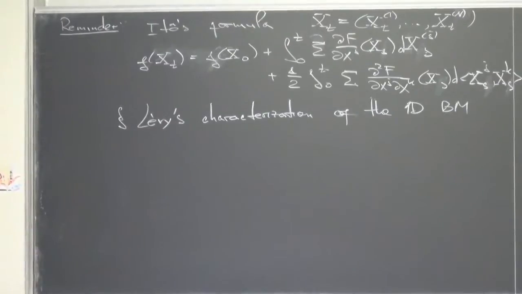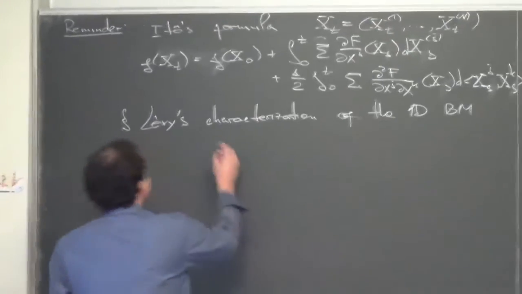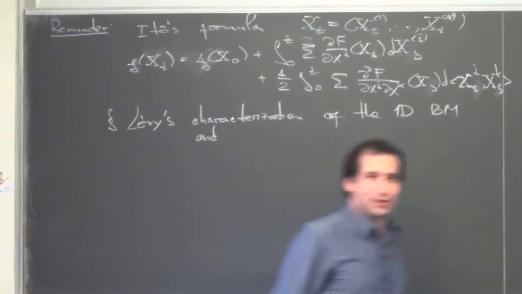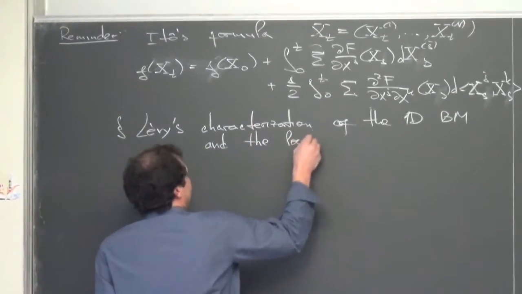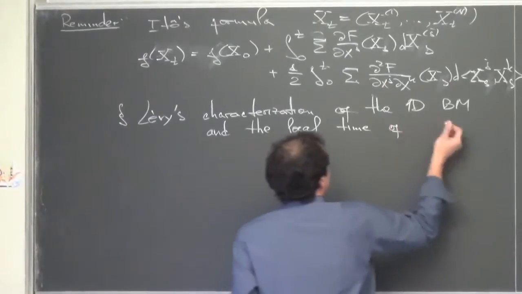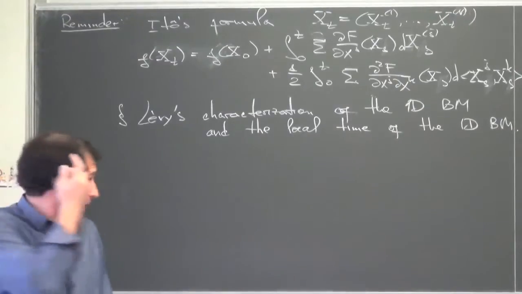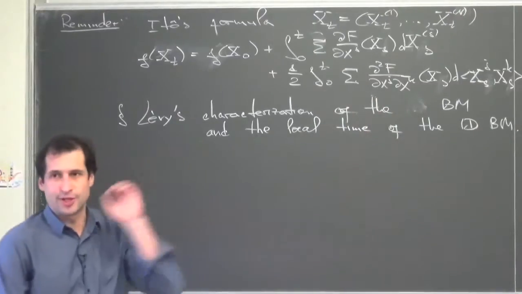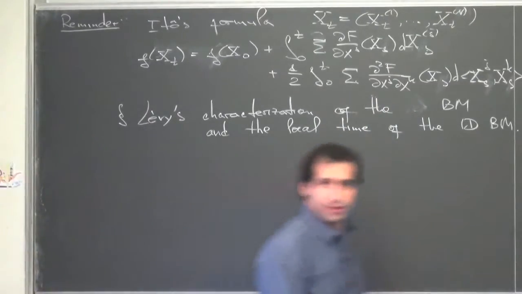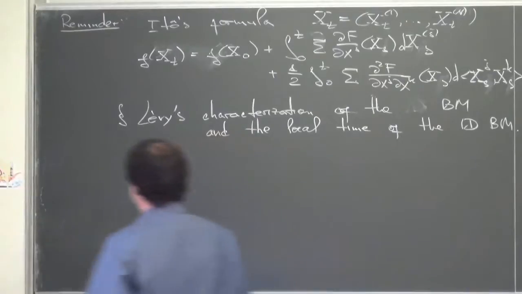Actually, I thought a bit, and I would also like to include another material into this paragraph, so I'm going to rename it. But it's okay with the old name too, and the local time. And here it's not necessarily 1D, just Levy characterization of the Brownian motion. What's important and new is this local time, which I'm going to discuss today. So, okay, what does the theorem say?